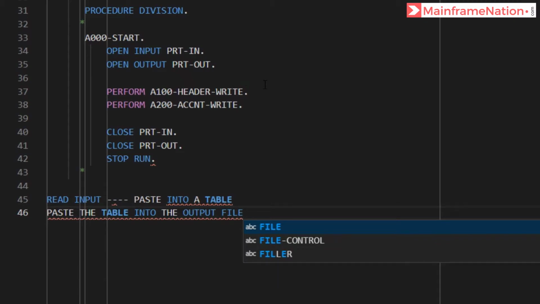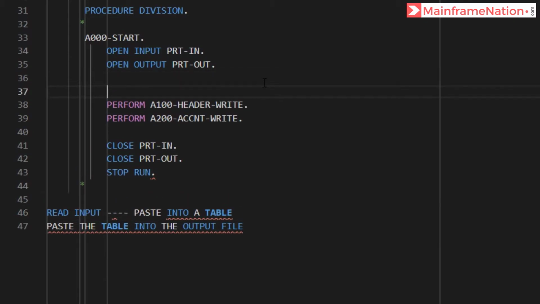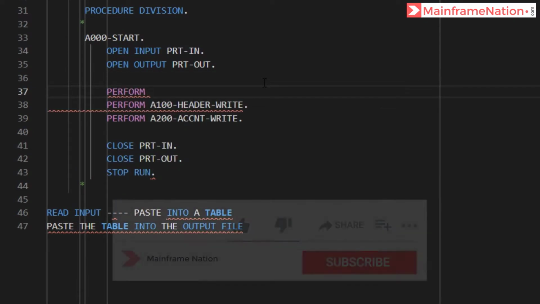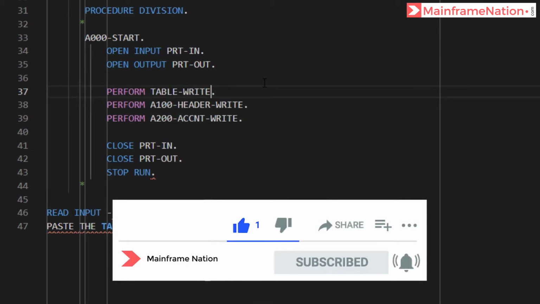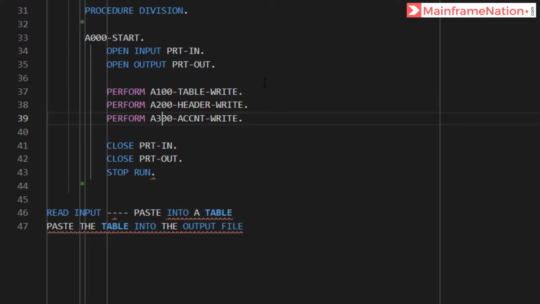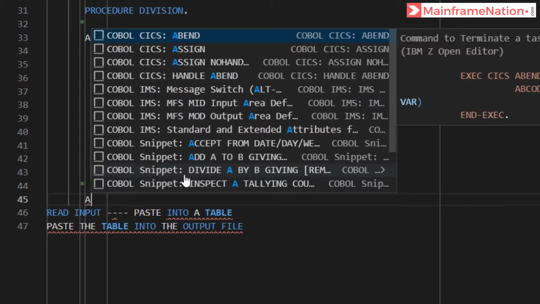So before this, let's give perform table write. Let's call it A100. Let's call this A2. Let's call this A3. You can give anything. I am giving A1. You can also give 01 like this. It is your choice. So let us first write A100.